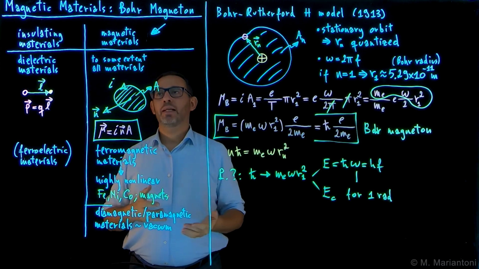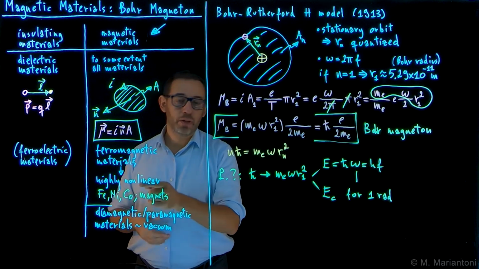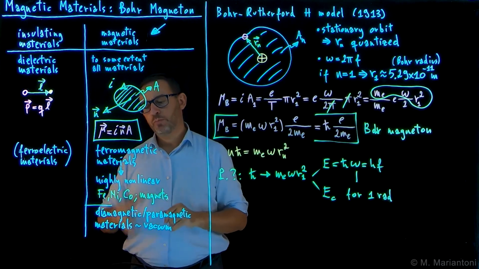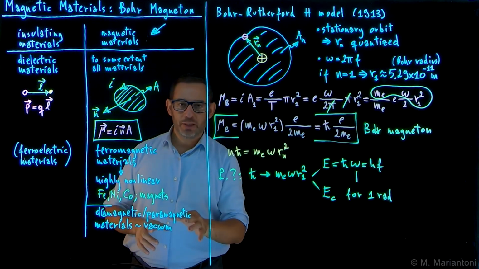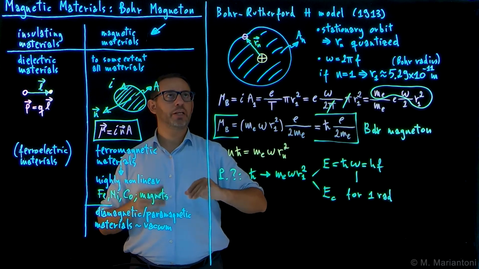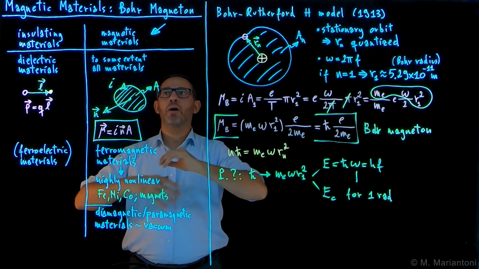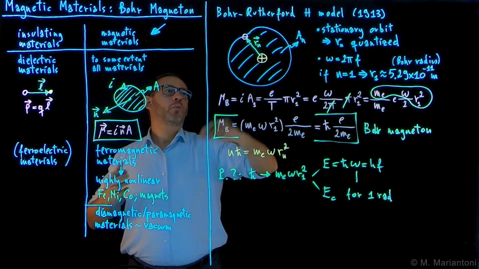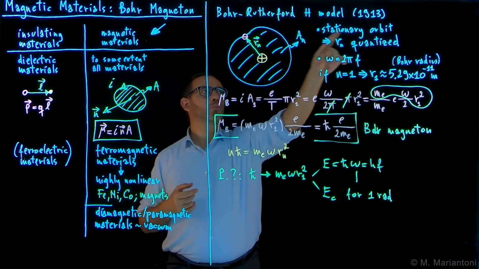And the most important magnetic materials, however, are highly nonlinear. They are ferromagnetic materials like iron, nickel, cobalt, and magnets, those that you put in the fridge. We will also touch a little bit on diamagnetic and paramagnetic materials, which are similar to vacuum, and they behave linearly, whereas ferromagnetic are nonlinear. So how to understand a little bit more in detail why all materials to some extent are magnetic? Well, let's look at even the simplest hydrogen atom, and we look at the Bohr-Rutherford model from